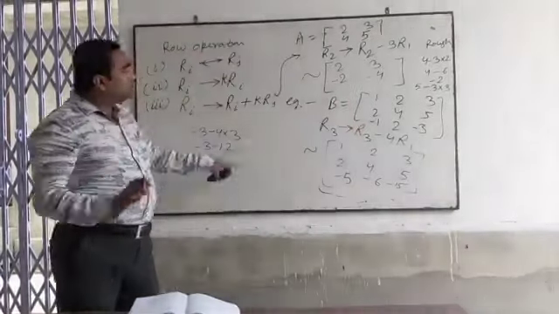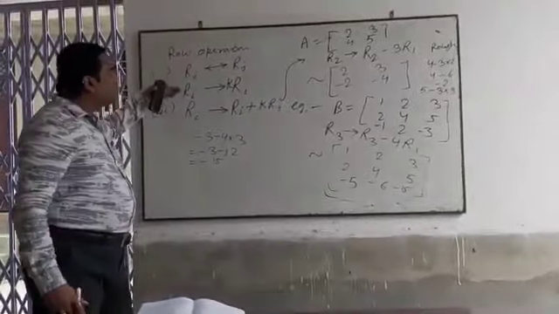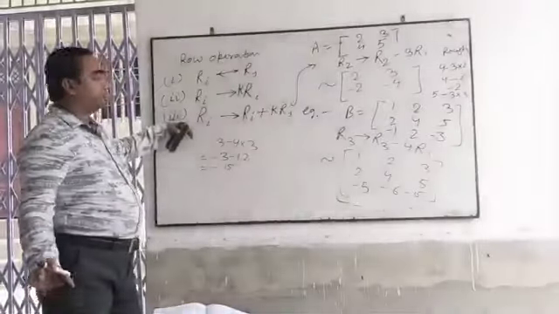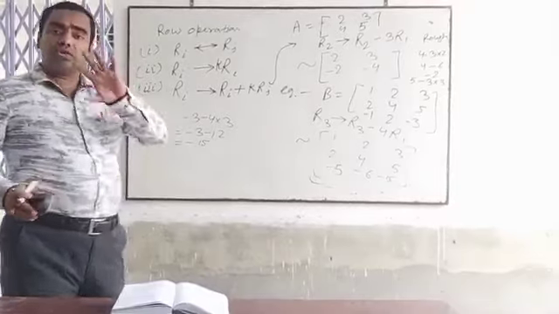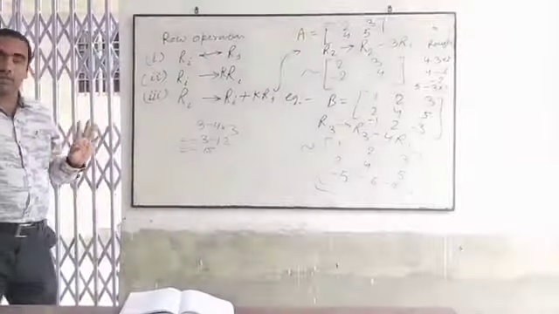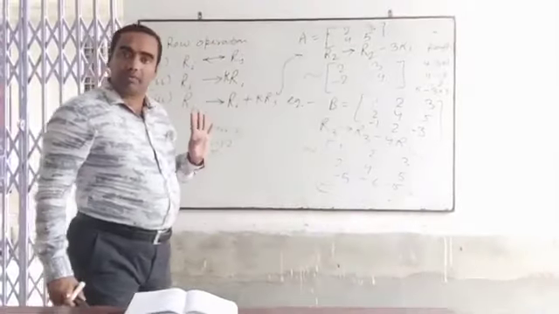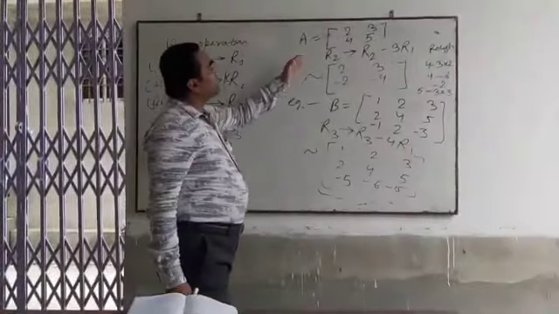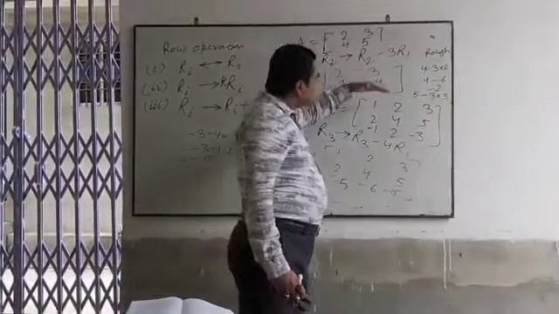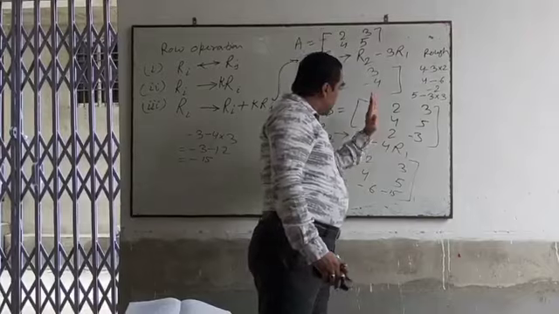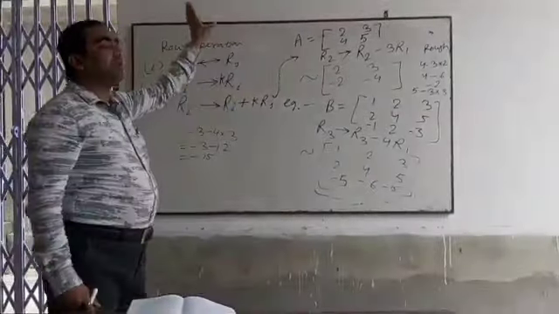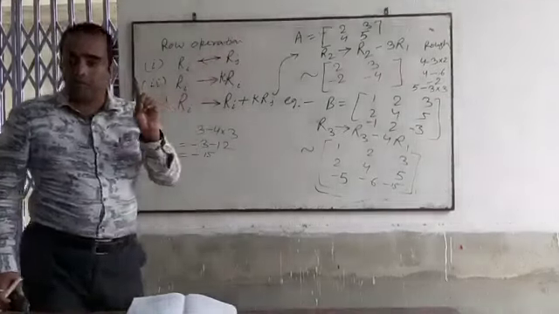It is the actual meaning of these three operations here. First, second and third. Okay? We are going to use the same process in column operations. Only in place of rows we are going to work with the columns. The same process takes place, only in terms of columns we are going to do our work.